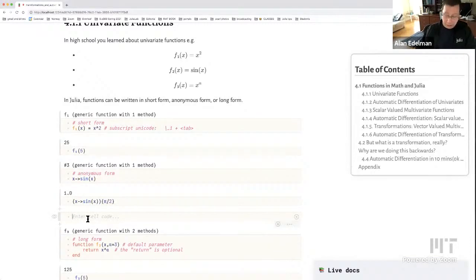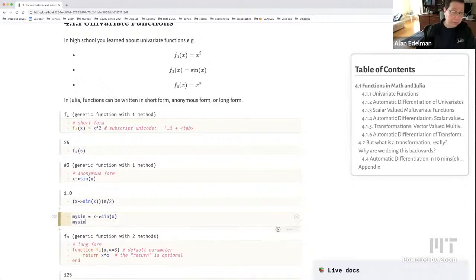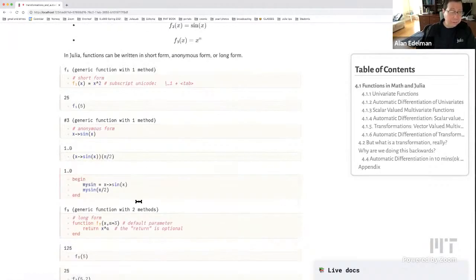Now, of course, I can go ahead and give it a name. It won't be anonymous anymore, right? I could say my sine is this function, and then I can go ahead and evaluate it at, say, pi over 2, and of course, it'll work, right? So I got 1 out. Okay, so this is anonymous, but then I give it a name, right? Okay, good. So we have the short form for a function, anonymous form, and then there's the long form,